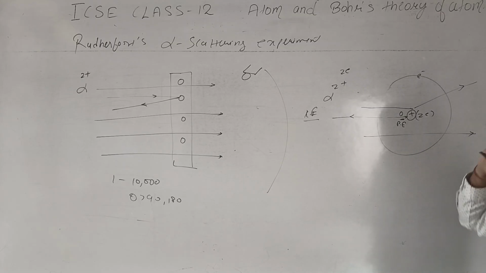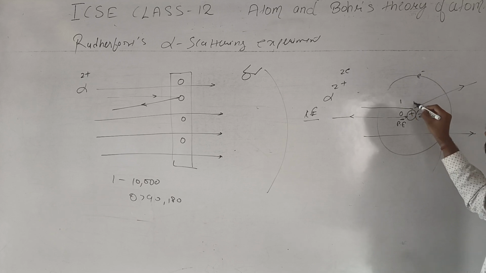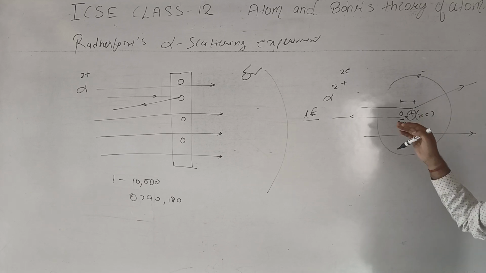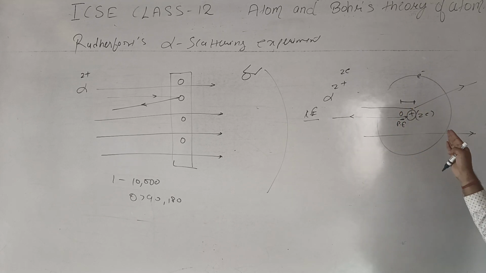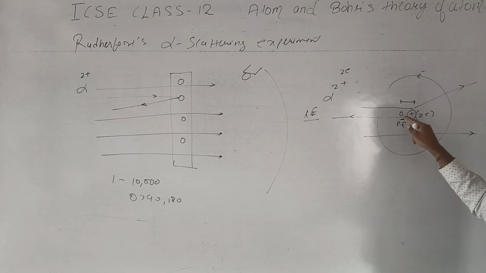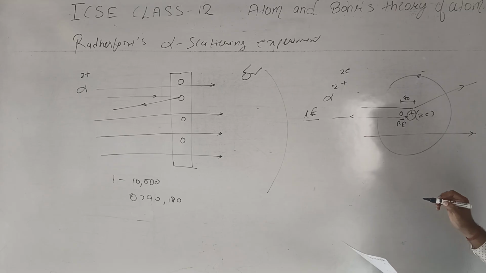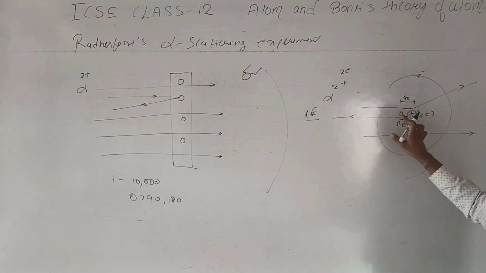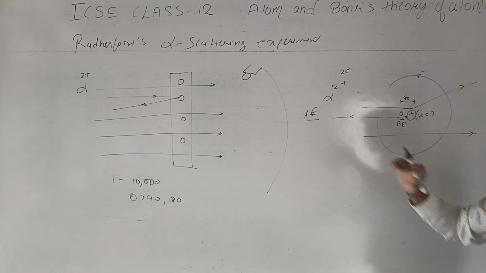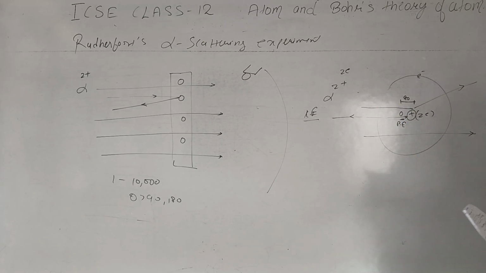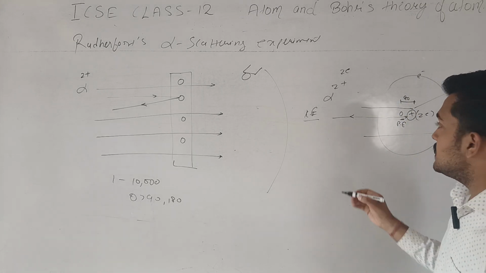So what is the distance here? This is the distance of closest approach. The alpha particle does not penetrate the nucleus, it approaches it. The distance of maximum approach is r0. From this position the alpha particle gets bounced back. So the potential energy is equal to,